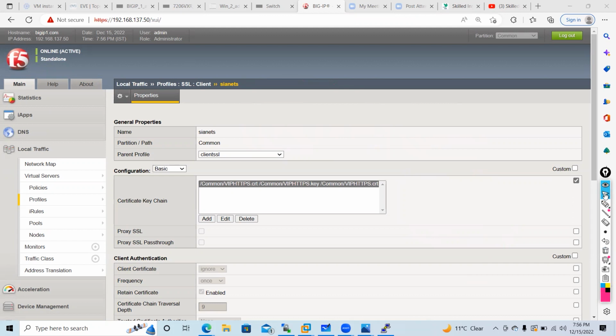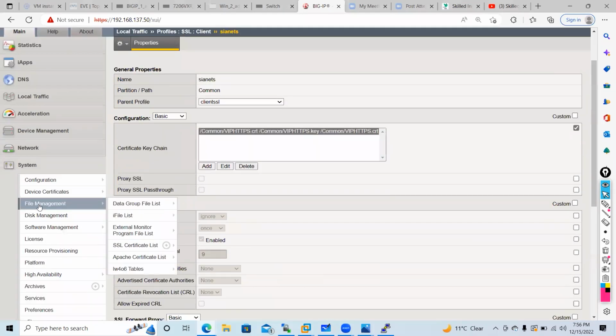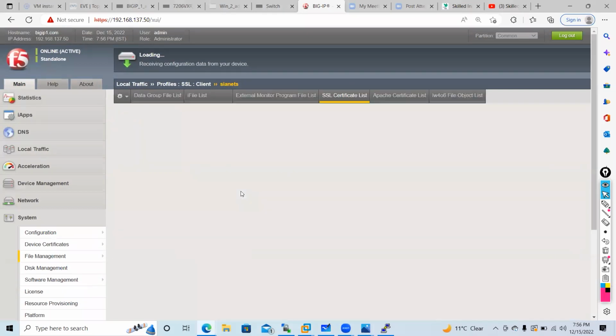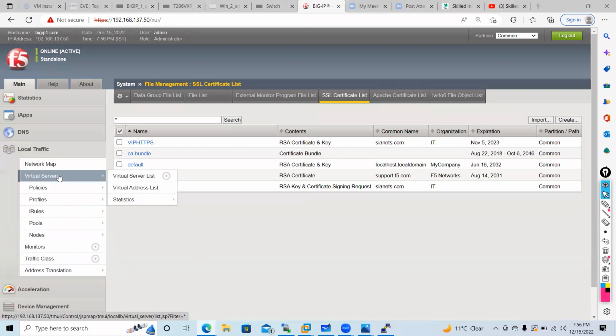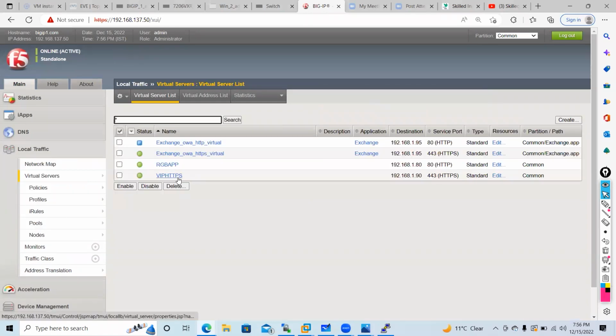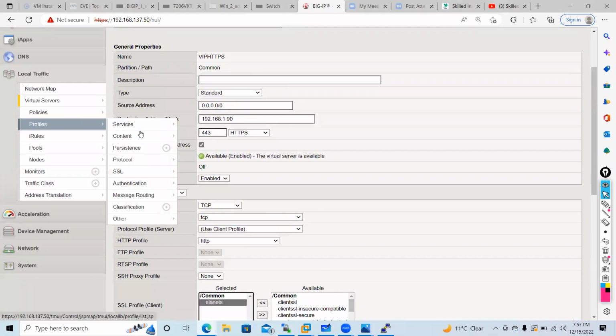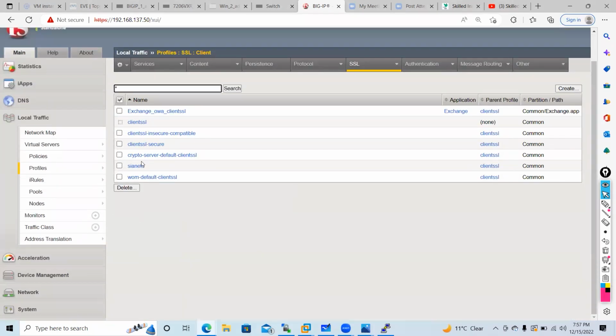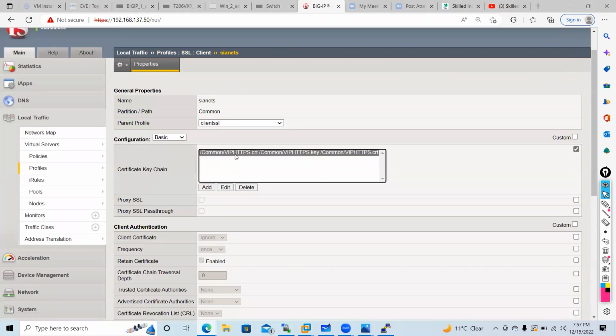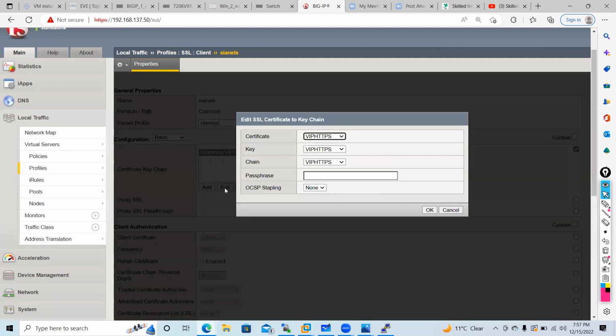Okay. Sir, one minute. Go ahead. Yes, here we are editing, but I'm not able to see the CNET name, right? You saved with the CNET name. Sorry, I did not check by CLI, sir. I uploaded it as a new certificate and key. Let's say now I go to the virtual server. Let's say I want to upgrade the certificate and key here. I will see which profile is called SIANETS. After that, I will go to profile SIANETS, and in SIANETS, I will go here and edit the new cert and key.